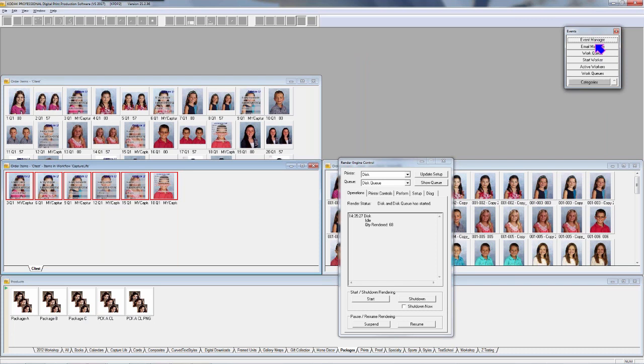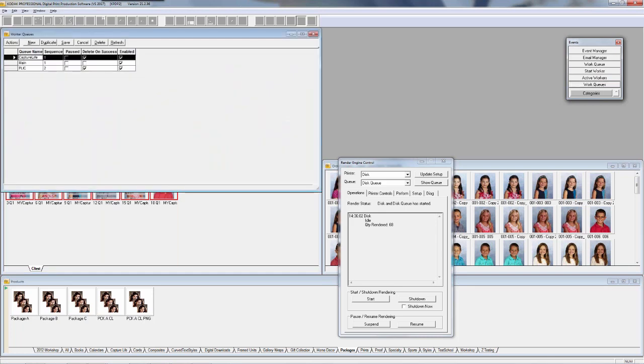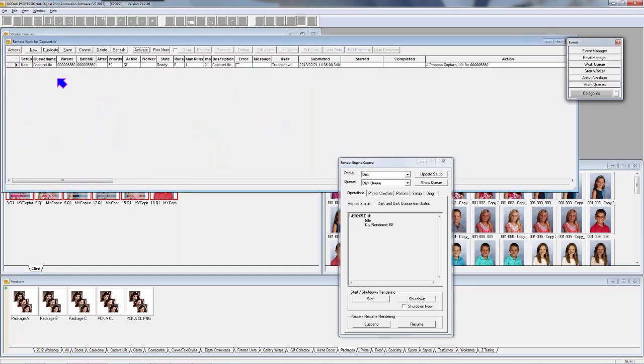Some of you guys have more experience with workers and work queues. If you're already doing event stuff in dp2, and events are being triggered when an order is received, and you're sending order received emails and updating statuses and doing some really cool event stuff, which has been around for a couple of releases now, then you might know a little bit more about work queues and workers. For those of you that might not be using it a whole lot yet, just know that it's very automated in this CaptureLife sense. Let me go to my CaptureLife work queue, and there is a record in here that